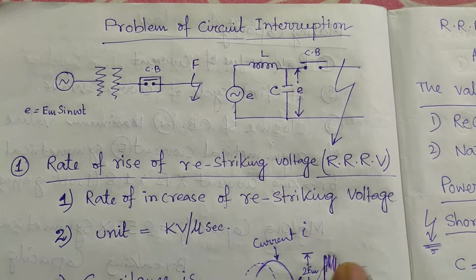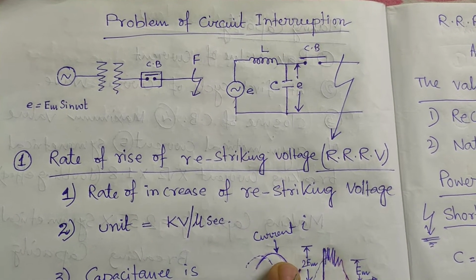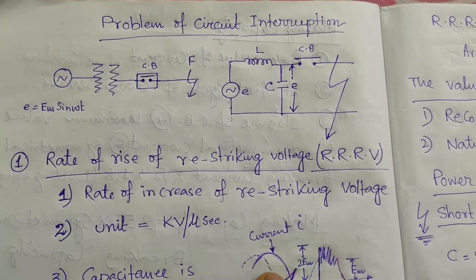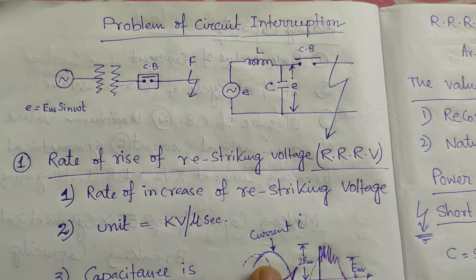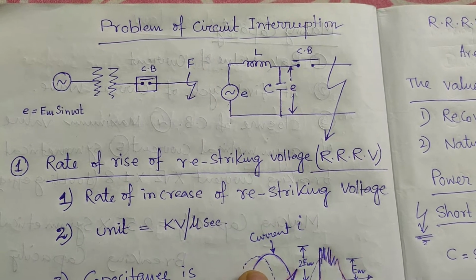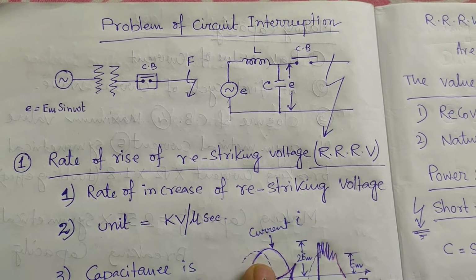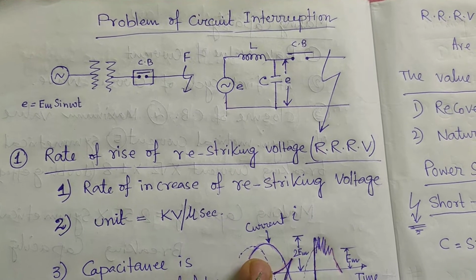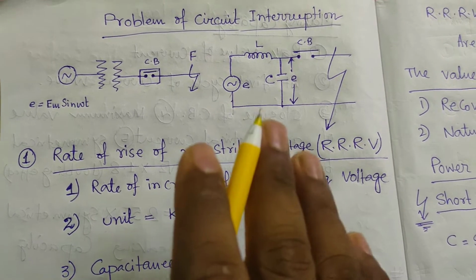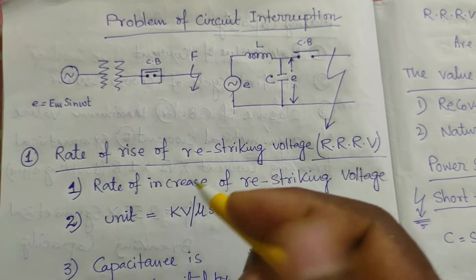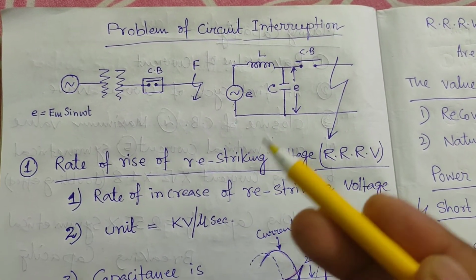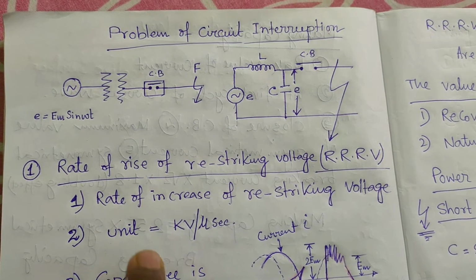Today my discussing topic is about current interruption: how the current is interrupted inside the breaker. We all know, as we are all doing technical jobs or technical education, that a breaker has two contacts, one fixed contact and one moving contact, and by the help of some mechanisms, that is called